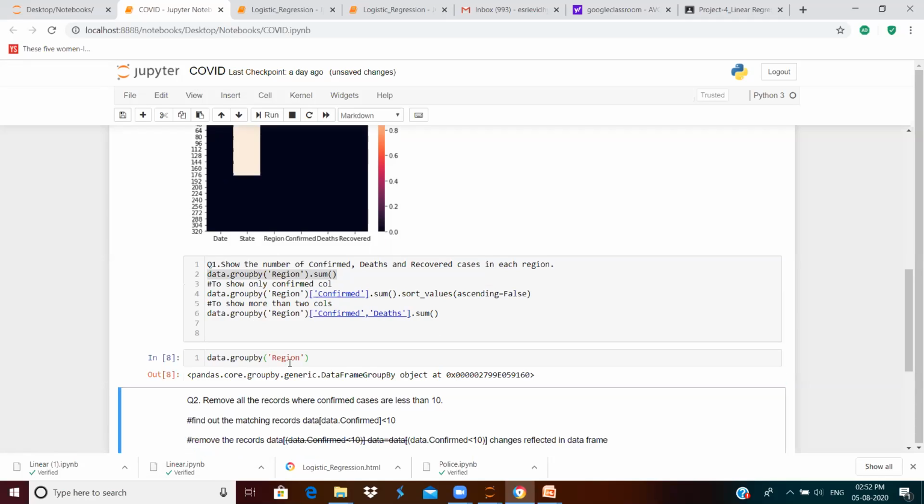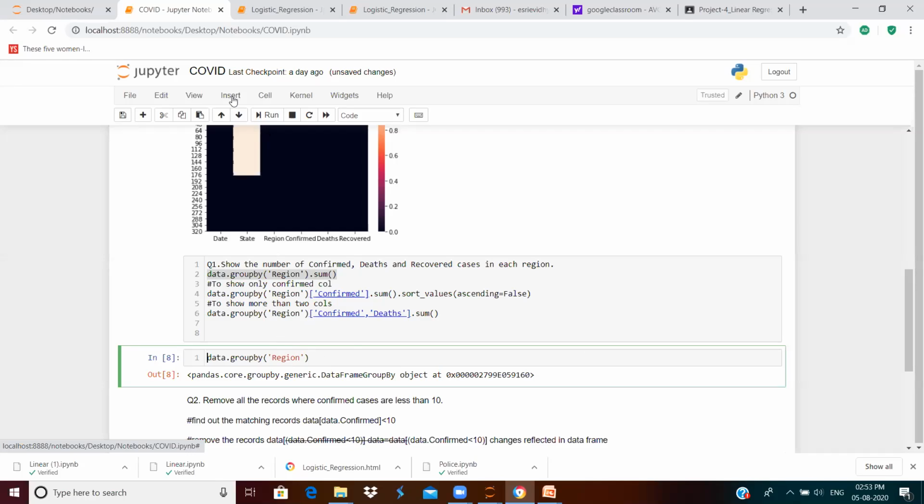For example, Tamil Nadu might contain several occurrences across the data frame. Tamil Nadu may occur 100 times. Or since this is a global database of COVID, India may have occurrence 50 times across the data frame, right? So across all the occurrences of our country, India, we will have to find the total number of deaths, recovered and hospitalized or whatever it is, right? So we will have to group it with the region column.